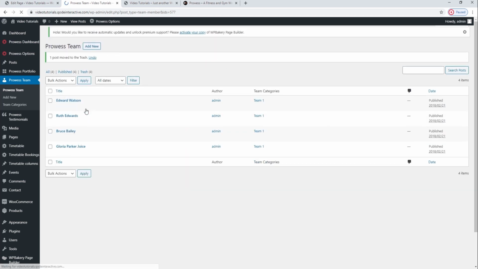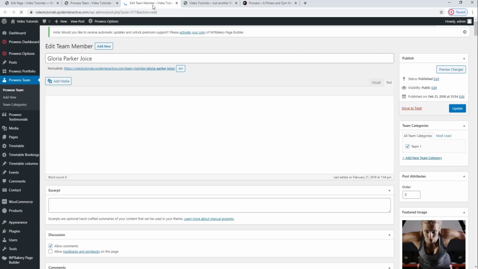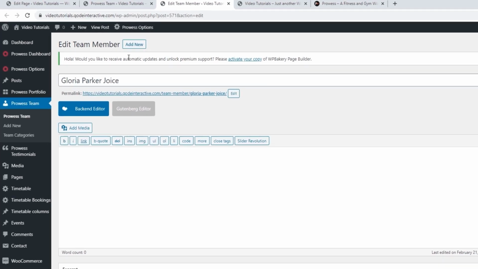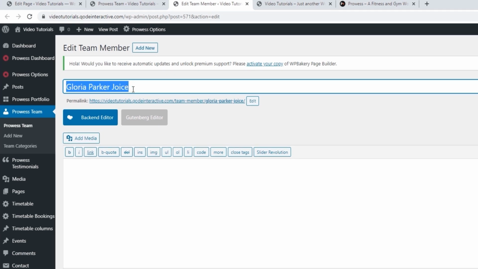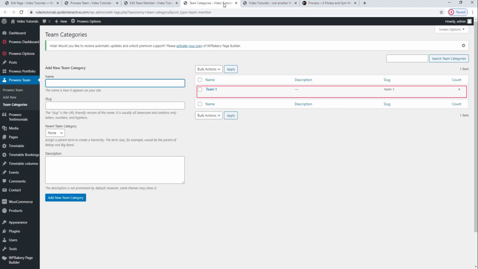Now I'll show you how to make a single theme page. If you're using the Add New option, the procedure is the same as editing the existing page. Here you'll add the name of the team member. Here you'll select the category which is created in the team categories. However, we only have one category and we don't need others since we'll have only 4 team singles and we will include all of them.